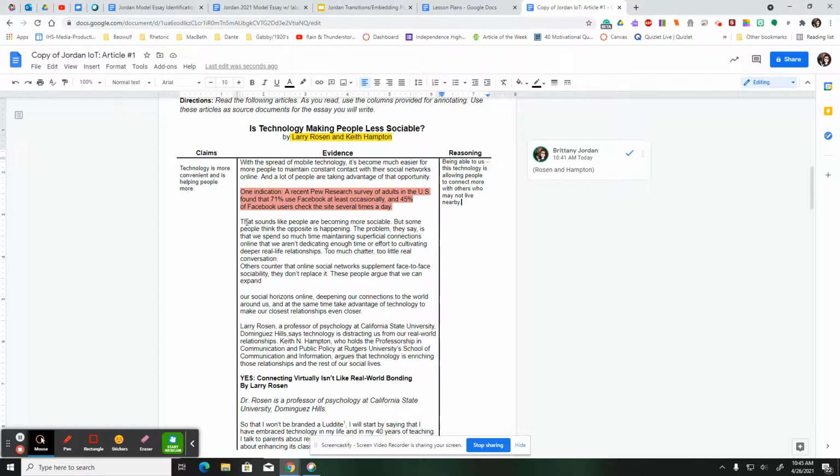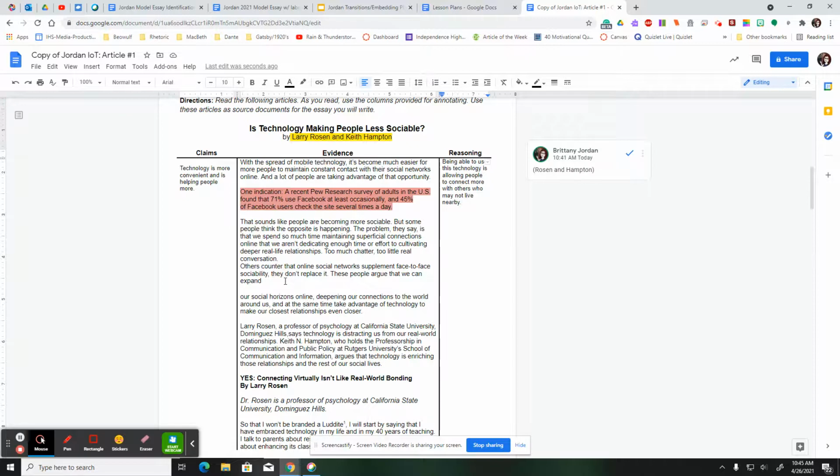If we keep going, that sounds like people are becoming more sociable, but some people think the opposite is happening. The problem, they say, is that we spend so much time maintaining superficial connections online that we aren't dedicating enough time or effort to cultivating deeper real-life relationships. Too much chatter, too little real conversation. Others counter that online social networks supplement face-to-face sociability.